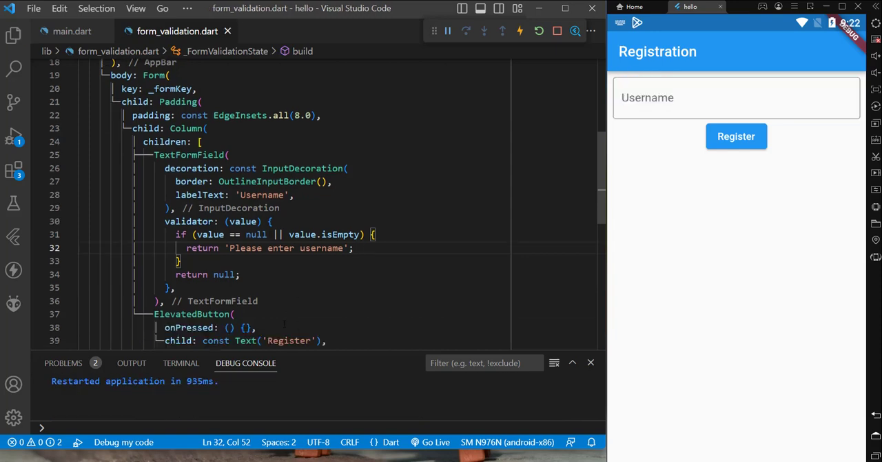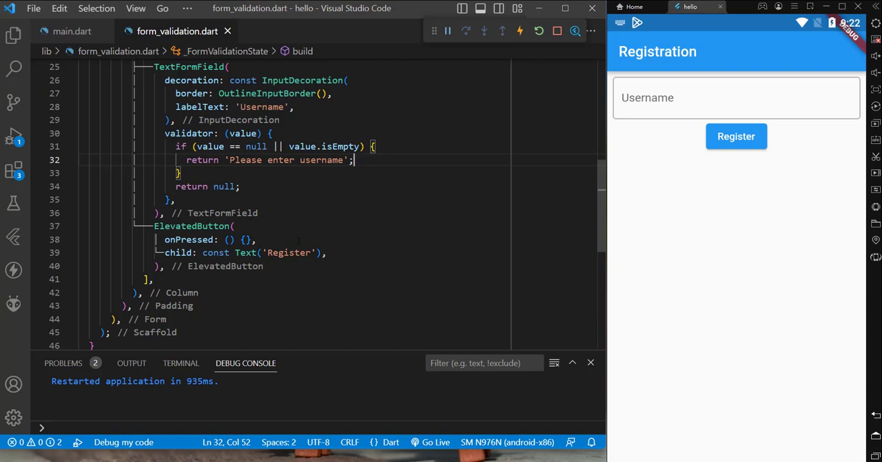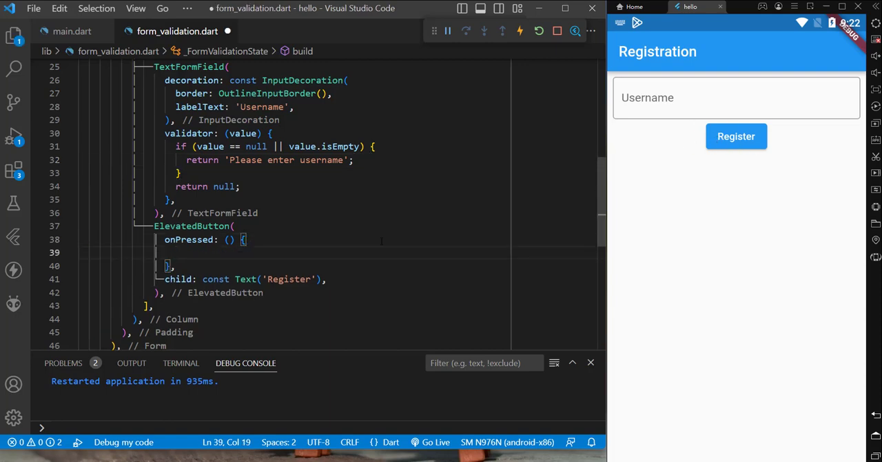Okay, and then after providing the validator like here, the last step is to go to this button. The validation will happen whenever you click this button, right? The register button. So we have to add some logic here in order to trigger the validator. That kind of triggering is to check whether the form validation is complete or not, because generally